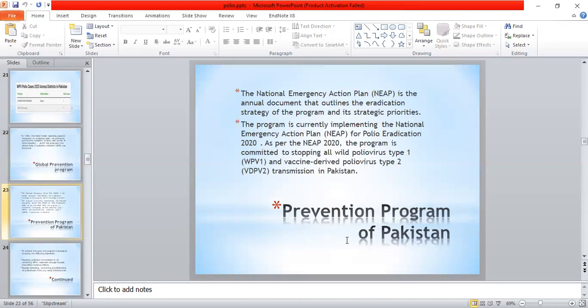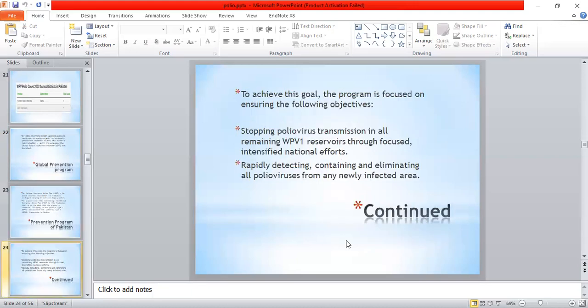Prevention programs of Pakistan. The National Emergency Action Plan is the annual document that outlines the eradication strategy of the program and its strategic priorities. The program is currently implementing the National Emergency Action Plan for Polio Eradication 2020. As per NEAP 2020, the program is committed to stopping all wild poliovirus type 1 and vaccine-derived poliovirus type 2 transmission in Pakistan. To achieve the goals of NEAP, the program is focused on ensuring the following objectives: